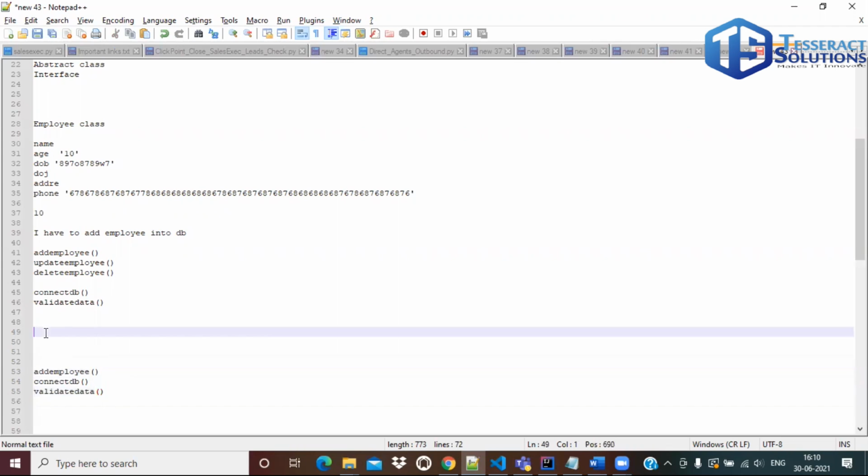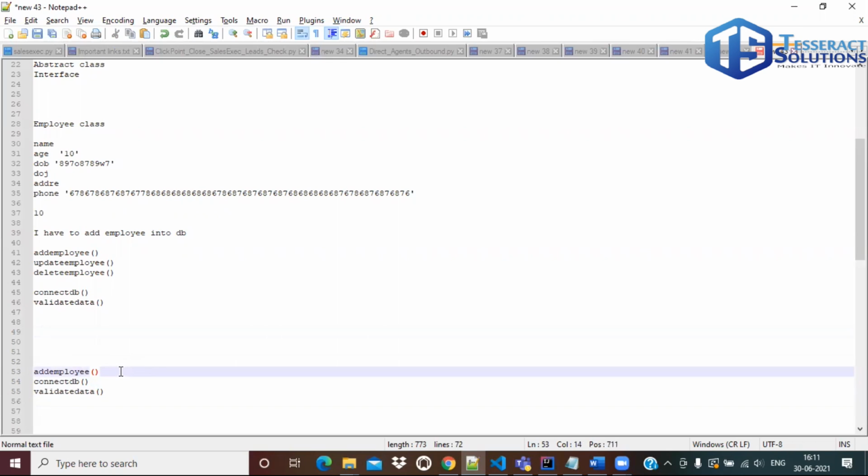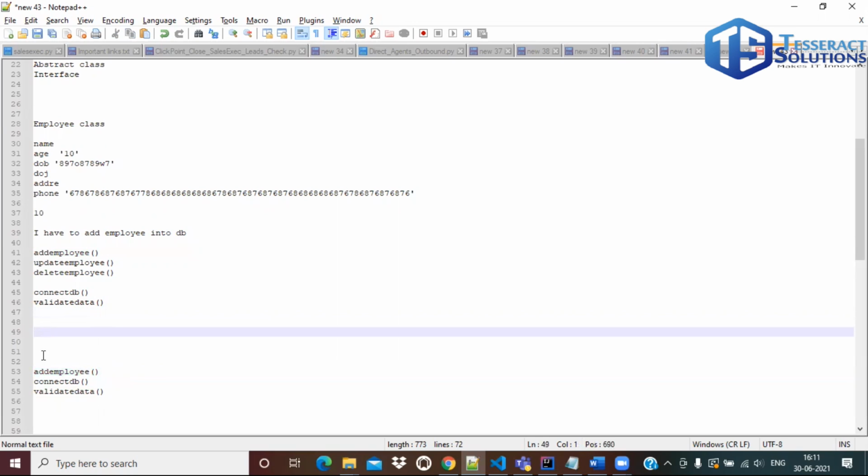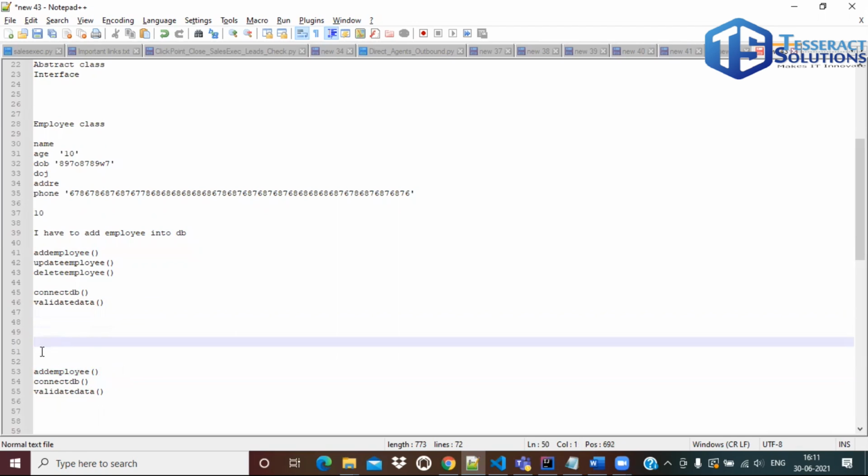Now the problem is I am not connected to the database. So while adding this employee, in this method itself, my application will give an error, right? This may happen, right? If I am doing this kind of programming, this may happen. Yes or no? Yes, sir. So this is kind of, I am providing all the information